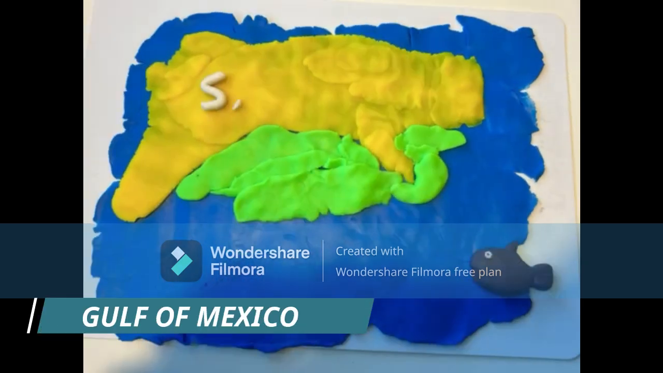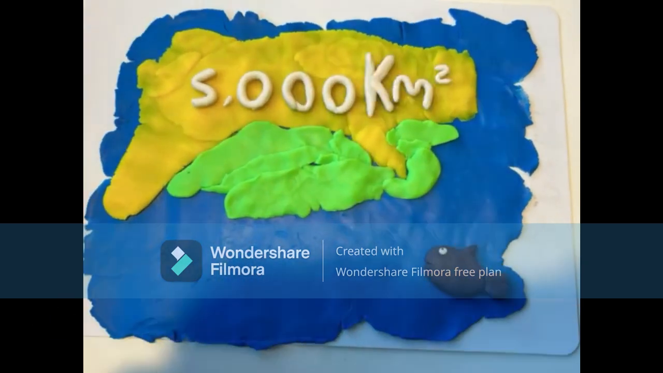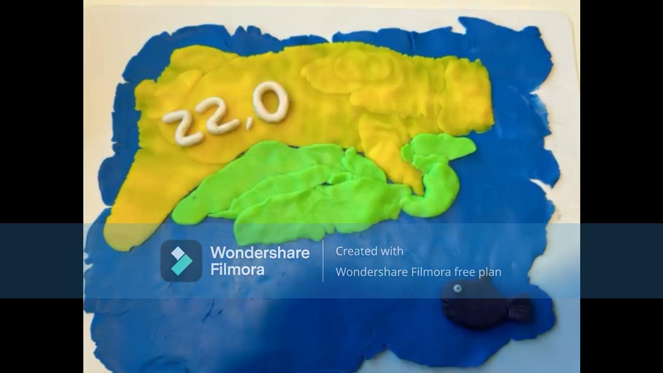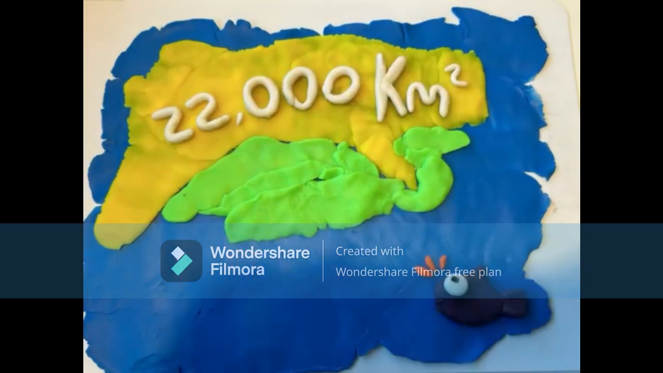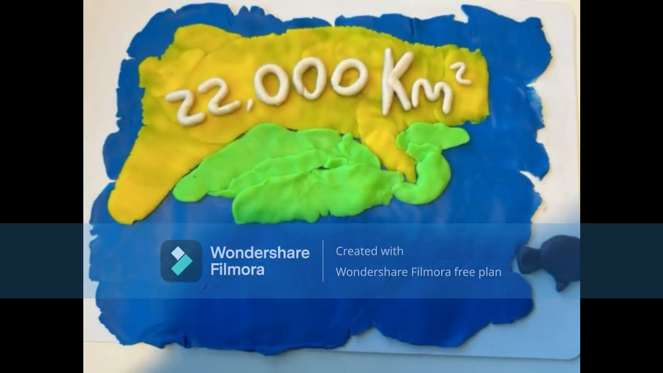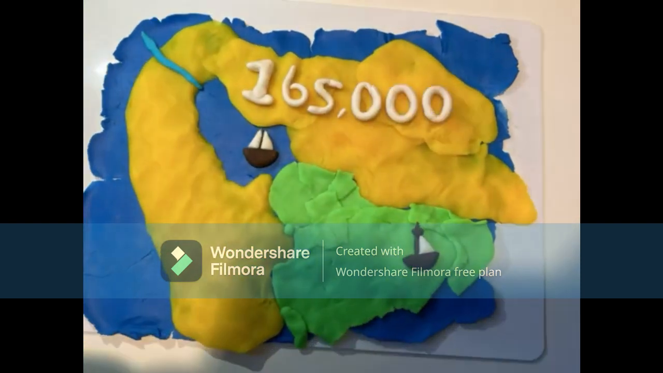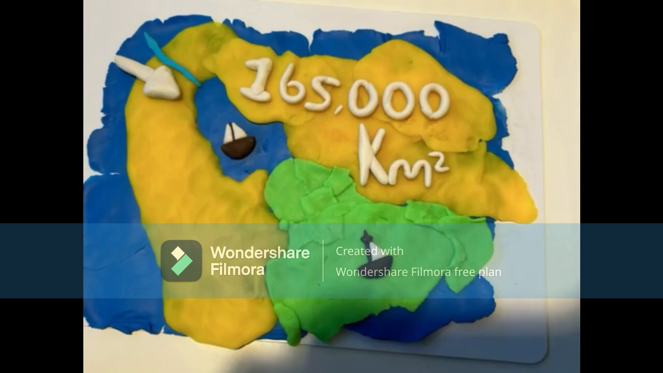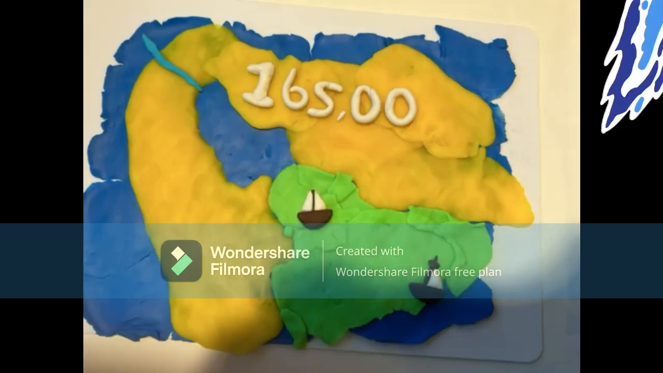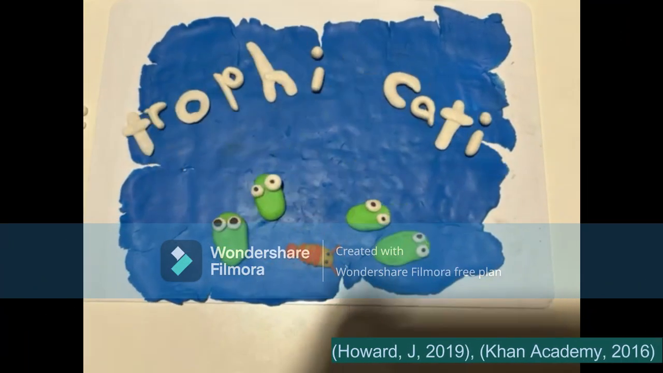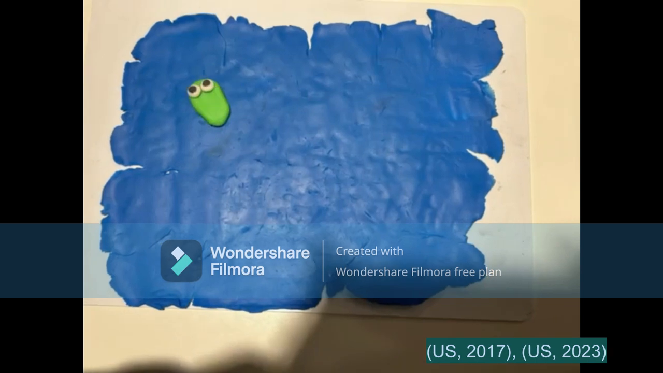Algal blooms cover large areas of the ocean, an example of this being the Gulf of Mexico, which changes size seasonally from 5,000 km² to 22,000 km². Another example of this is the Gulf of Oman, which has the largest naturally occurring dead zone known currently with 165,000 km². Dead zones occur naturally because of a process called eutrophication, which is when a body of water gets